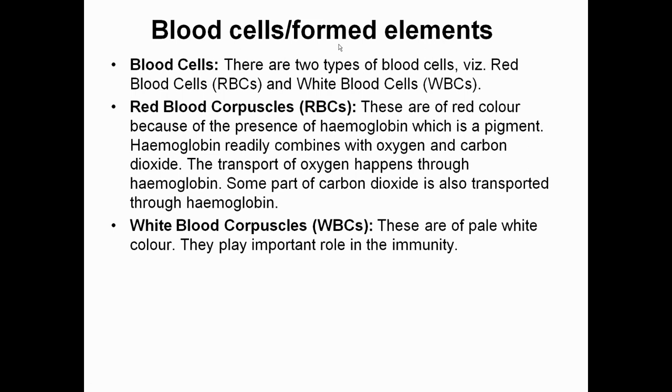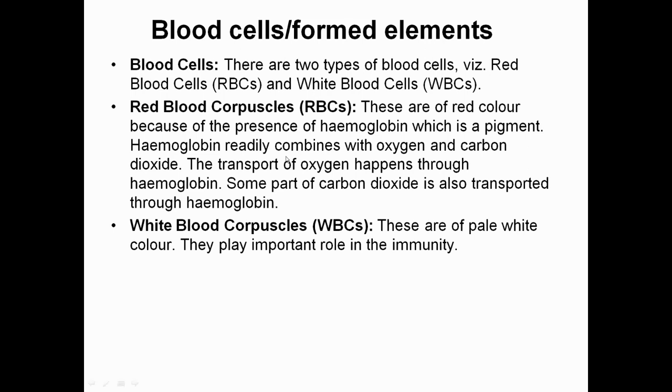Students, you have to understand that hemoglobin shows affinity to both oxygen and carbon dioxide binding. But it depends on the concentration of which gas is more. If the concentration of carbon dioxide is more, hemoglobin is going to bind with carbon dioxide. If the concentration of oxygen is more, then hemoglobin is going to bind with oxygen. So hemoglobin has tendency to bind with both of the gases, that is oxygen and carbon dioxide, but it depends on the concentration of the gases to which hemoglobin is going to bind.